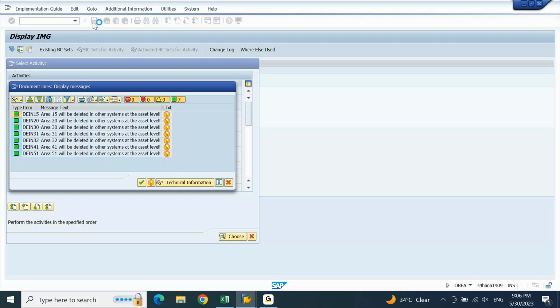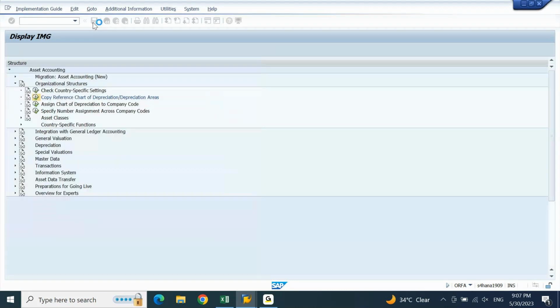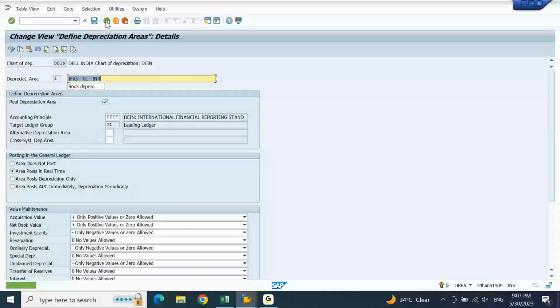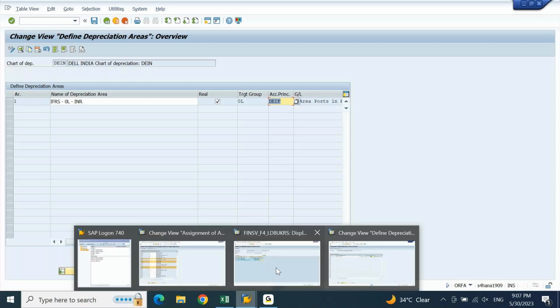Could you please go to that assign ledger account page, sir, again? Okay. You just need to press one level back. You will come to that page. This one or the other one, SPRO? The accounting principle to the ledger assignment. In the system, your accounting principle is unique value.